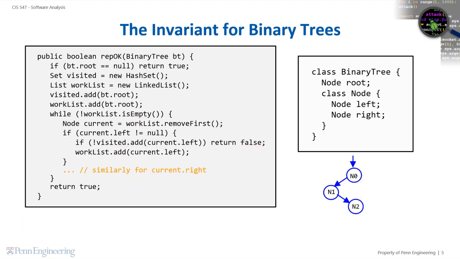Observe the order in which this function traverses nodes. This will be important in understanding how Korat systematically enumerates different shapes of binary trees. The order is breadth first, left to right order. Let's look at an example to better understand this order. Suppose this binary tree object is input to the rep_ok function. We first visit the root field, which leads us to node n0. We next visit the left child of n0, leading us to node n1. We next visit the right child of n0, which is null.